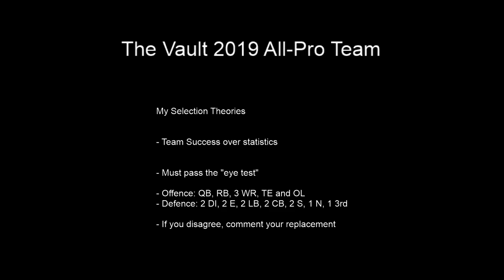Team success over statistics. This doesn't mean that I'm going to completely avoid statistical guys, because statistics are really important, especially when you're selecting individuals for a team. You've got guys that get high sack numbers, high interception numbers, high reception numbers, high passing numbers. Whether they're on a bad team or not really shouldn't dictate that all the time. My point is, if I've got two guys that are reasonably close together in terms of statistics and success and their play, I'm going to go with team success as more of a tiebreaker. That's my theory with that.